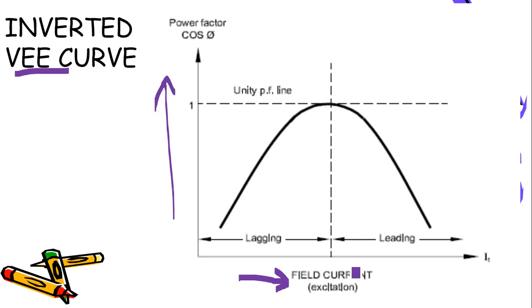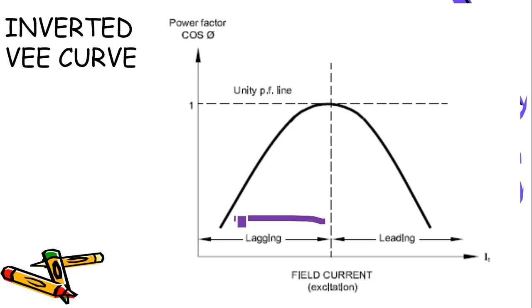At unity power factor or rated excitation, it will be having the maximum power factor of 1, and this dotted line indicates the unity power factor line. And under lesser excitation, the power factor will be less, and it goes on increasing as the excitation is increasing to the maximum value, and this will be known as rated excitation. And when it is going for over excitation, what happens? The power factor in leading condition will be getting reduced. So the same idea in two conditions, V curve and inverted V curve, we are seeing.